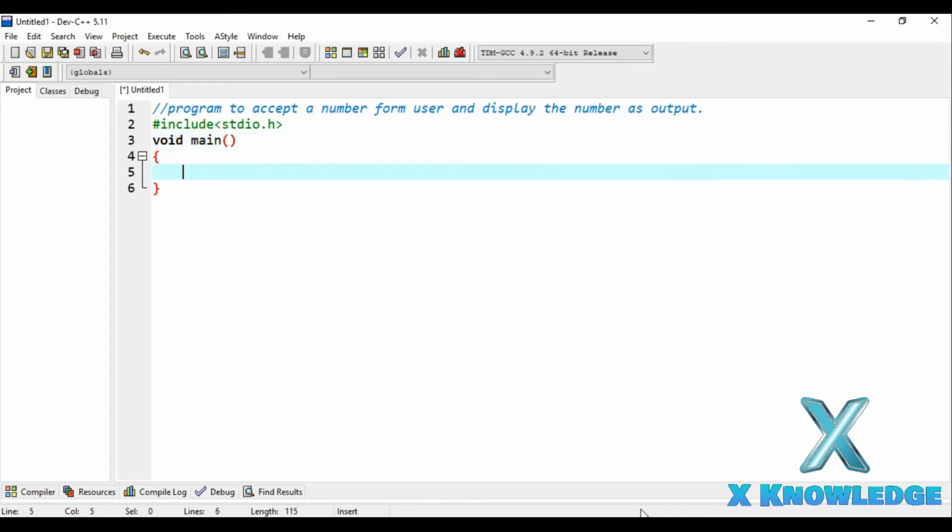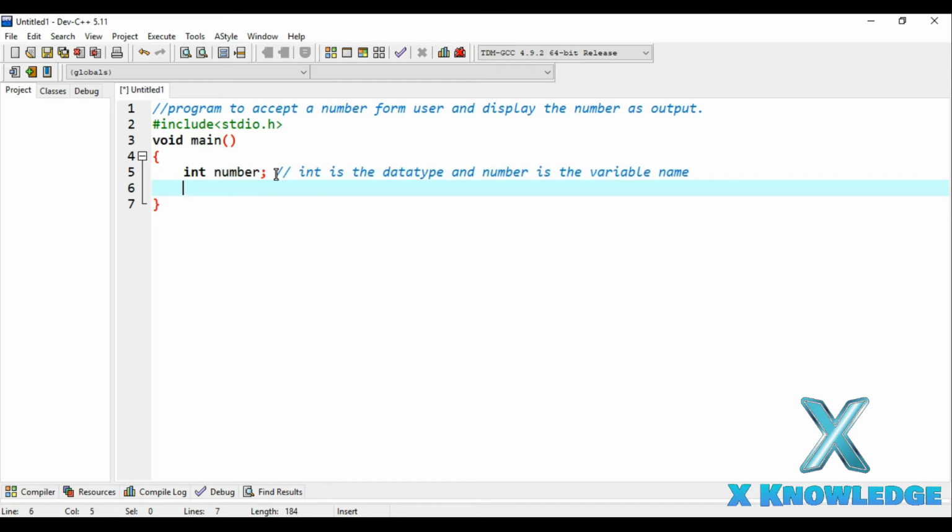Okay, and we will be defining a variable in order to store the number whichsoever will be given to us by the user. So define a variable that is number only. The number out here is the variable name, and int is the data type of that variable. Alright, so let me comment this too: int is the data type, and number is the variable name. I think you got the idea.